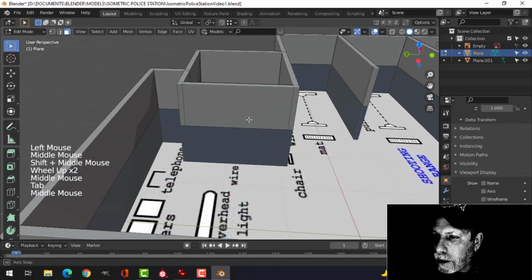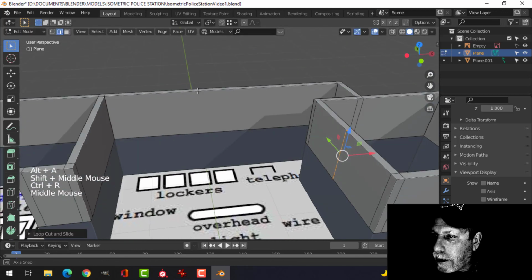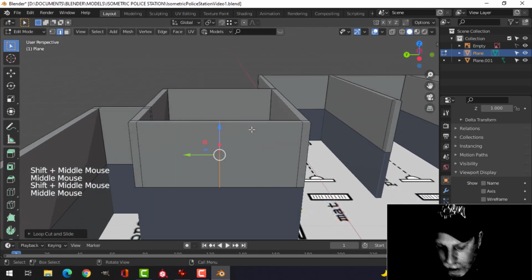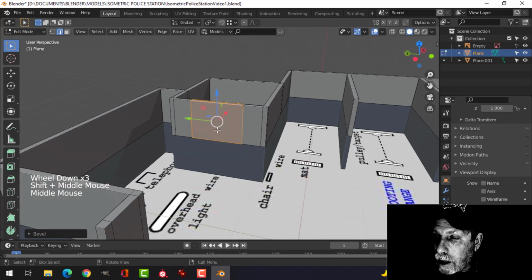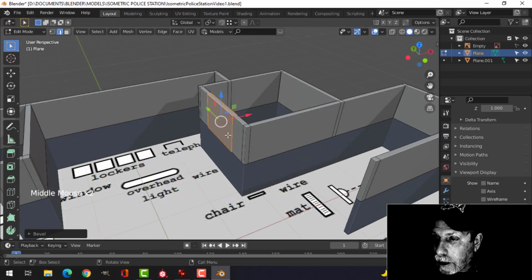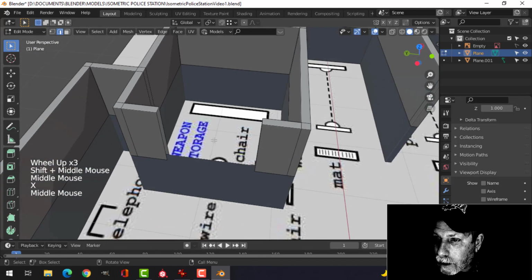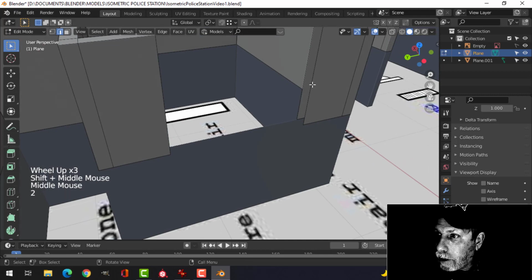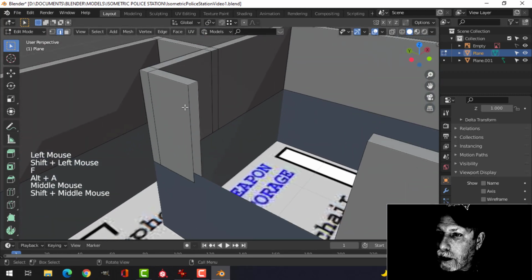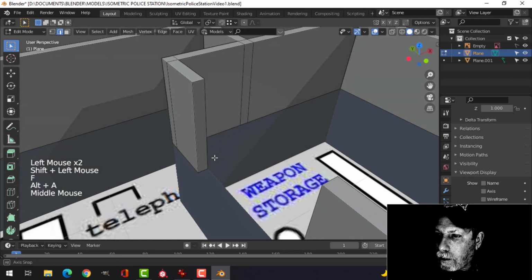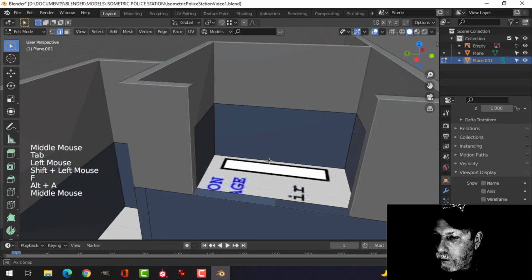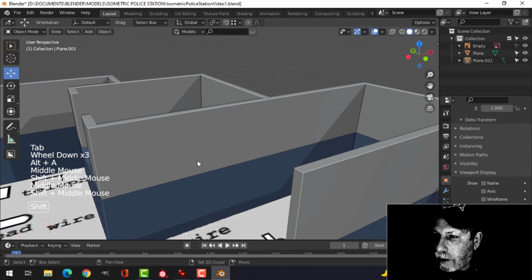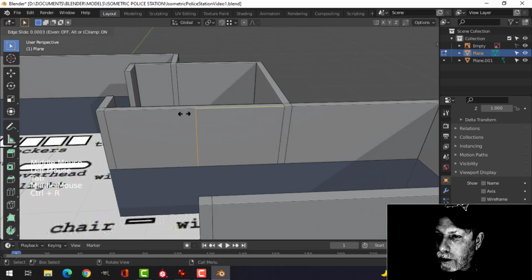So what I'm going to do is I'm going to come in here and lay down an edge loop and just make sure it's gone through. Yes, it has. And Control B. And now I'm just going to wing it, whatever I want to do. So imagine the police officer comes through here and then orders the weapon that he wants there, or she. So I'm going to delete those faces, and then I'm going to rebuild this. I'm going to press F to make a face. Select those edges, F to make a face. Now let me come down to this one here, and I'm just going to do F to make a face there too. So I have that, and I'll come back in, and I'm going to do another one